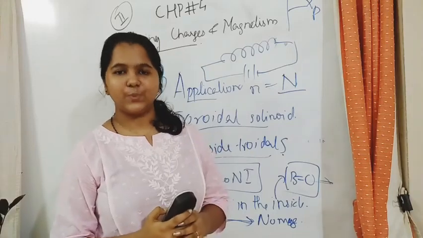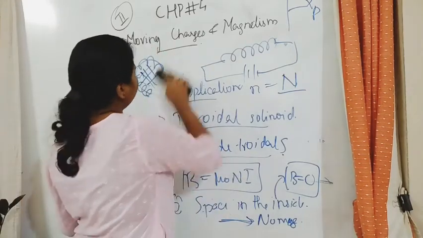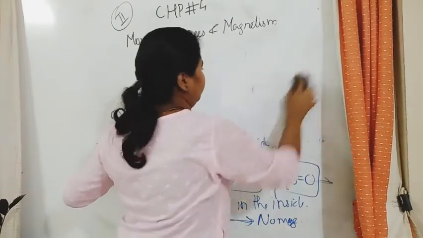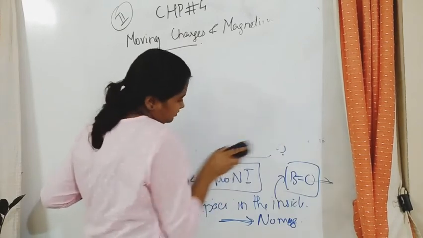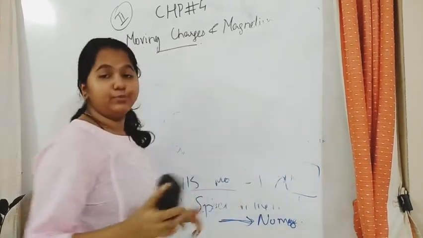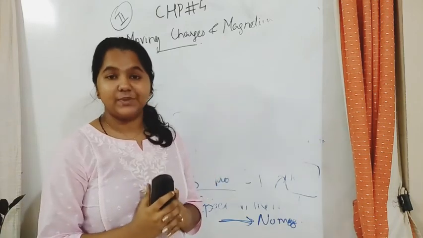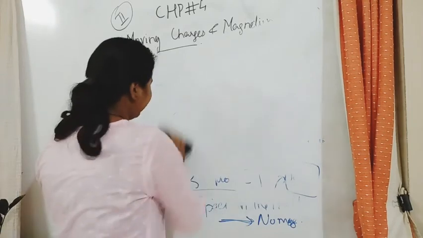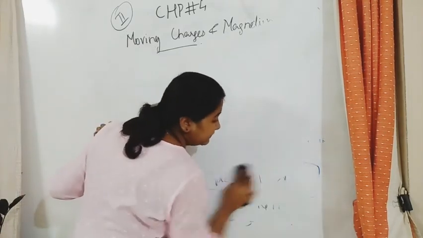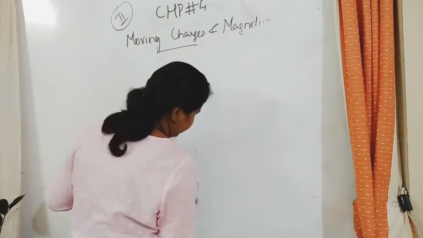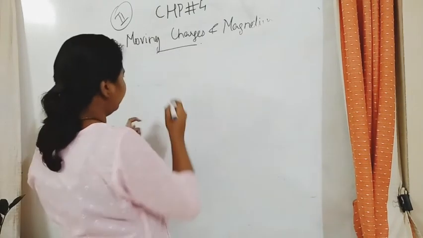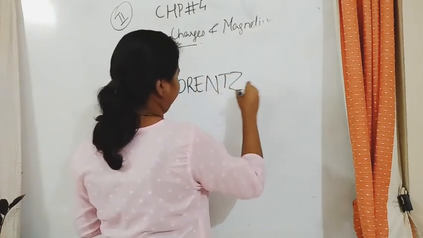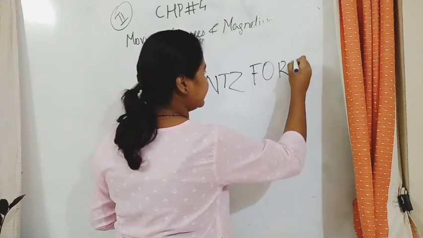So the next one that we have to learn is the Lorentz force. So let's see what's Lorentz force. So, we learned about two forces in the previous classes. What was that? One was magnetic force, the other one was electric force. So, let's see what all are them, and then we can learn about the Lorentz force in detail. Lorentz force. Isn't it an interesting name?